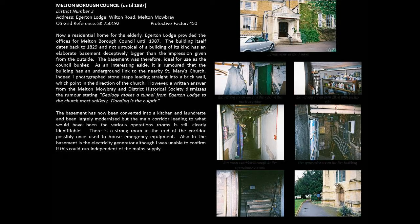Melton Borough Council until 1987. District Number 3. Address: Edgerton Lodge, Wilton Road, Melton Mowbray. OS Grid Reference: SK750192. Protective Factor: 450. Now a residential home for the elderly, Edgerton Lodge provided the offices for Melton Borough Council